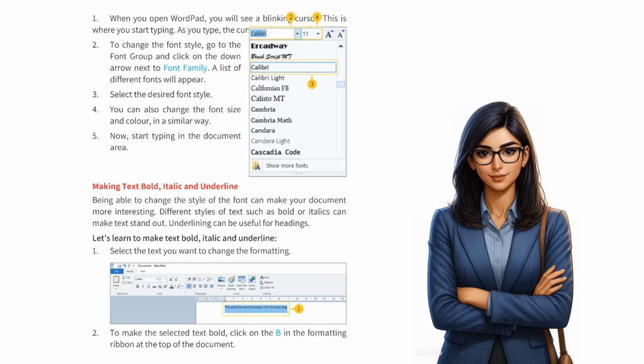Making text bold, italic and underline. Being able to change the style of the font can make your document more interesting. Different styles of text such as bold or italics can make text stand out. Underlining can be useful for headings. Let's learn to make text bold, italic and